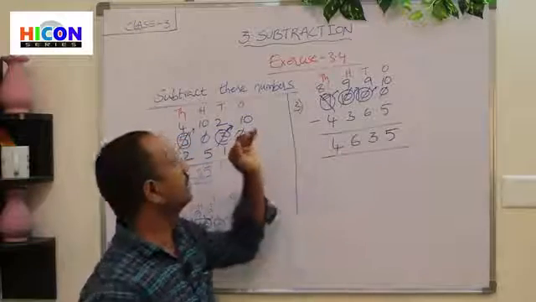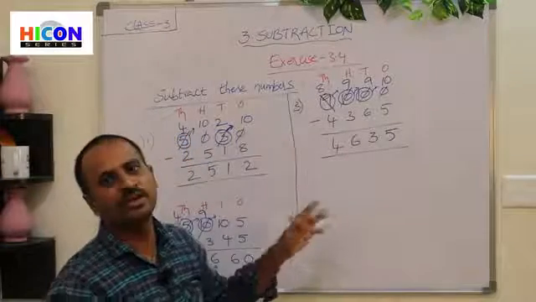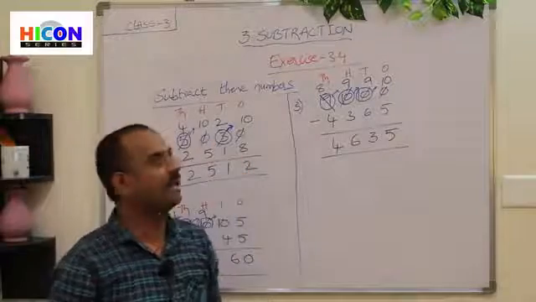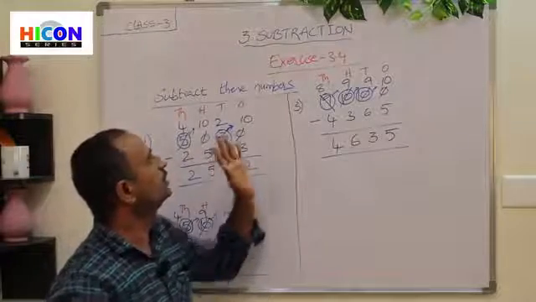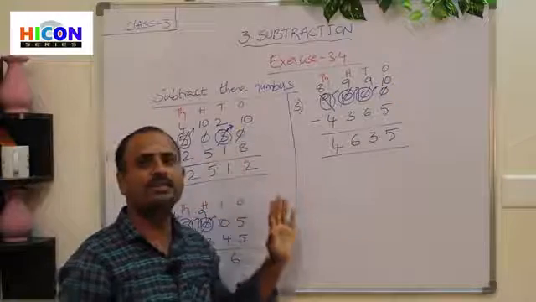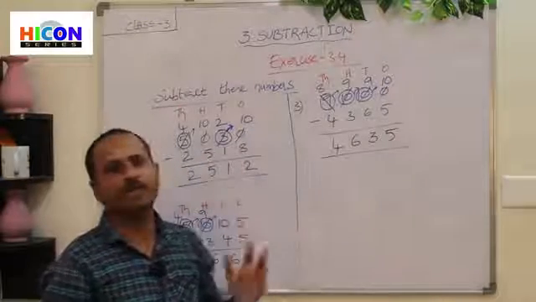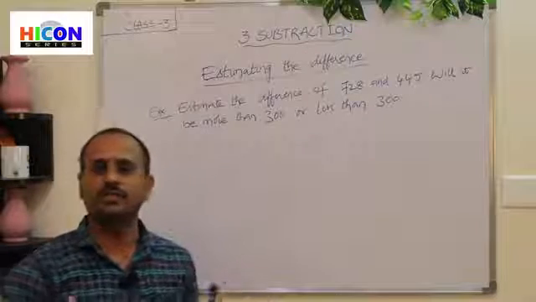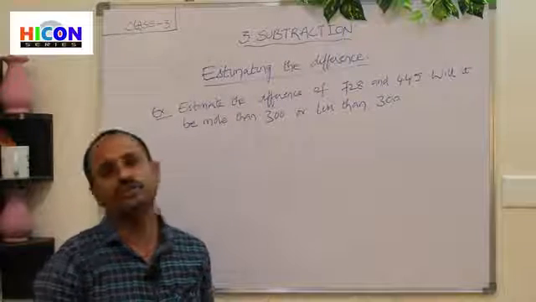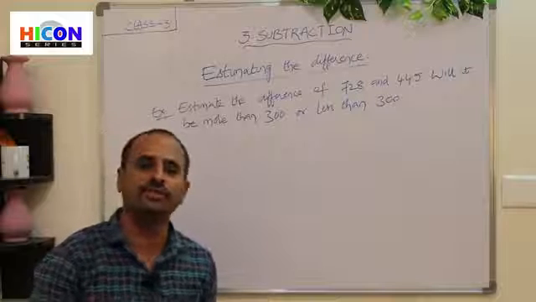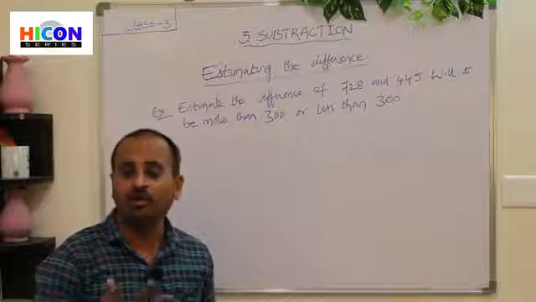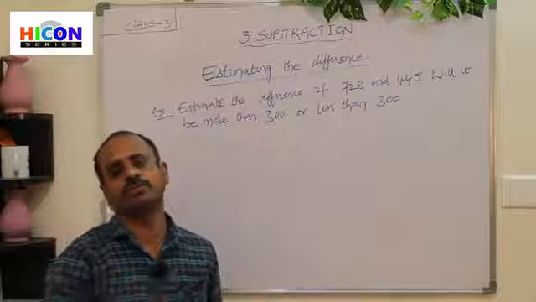4635. So these are the problems which are based on subtraction and also subtraction with zeros. There are some more problems in this exercise, and practice the remaining problems in the PDF given in the chapter. Children, up to now we have discussed subtraction with zeros. That means if the number has zeros, how we have to regroup the places, and how we have to borrow from the zeros.